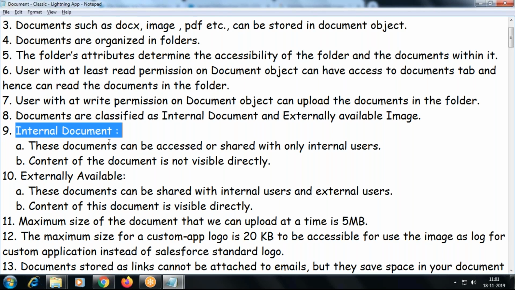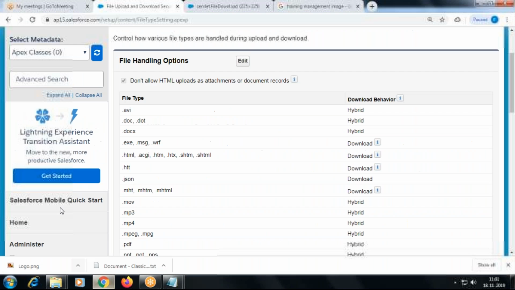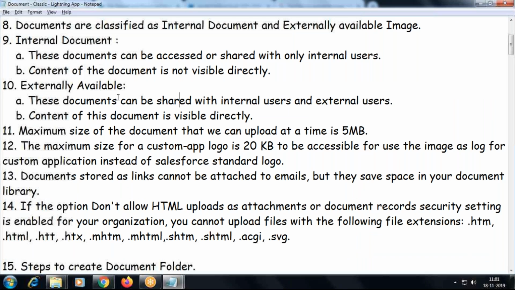There is no security restriction, I can share it, but we mean that document as a confidential document, which should not be shared with other users. And when you go for an externally available image, in case you are going to upload any image document that is going to be used to replace this logo, then we need to mark it as an externally available image.